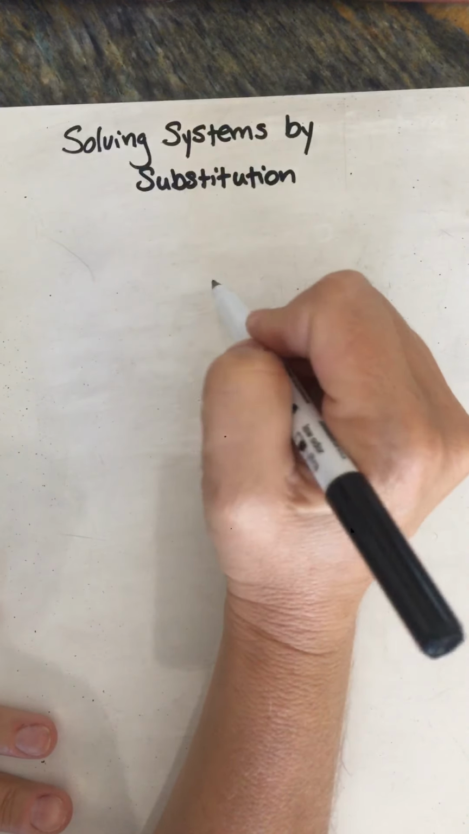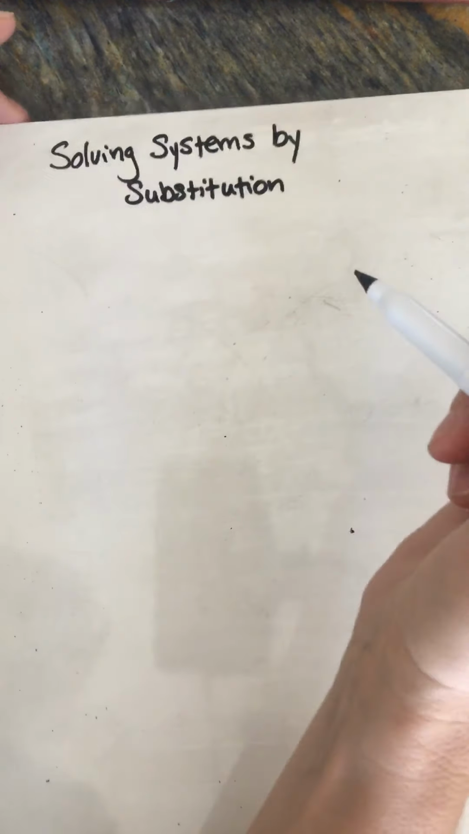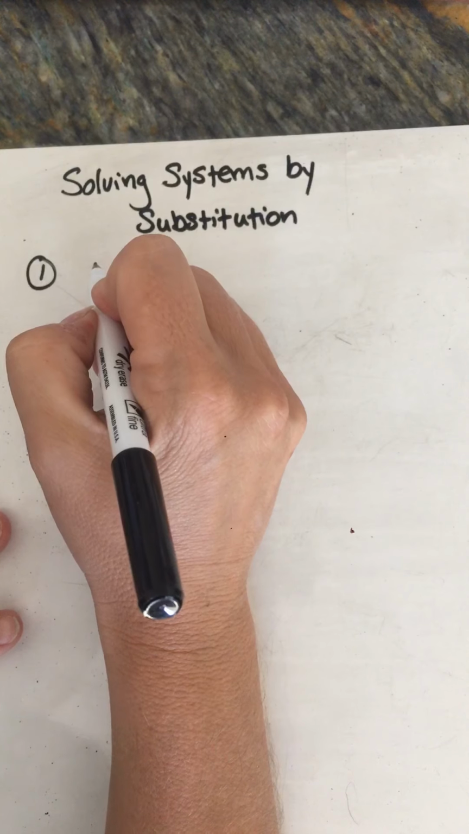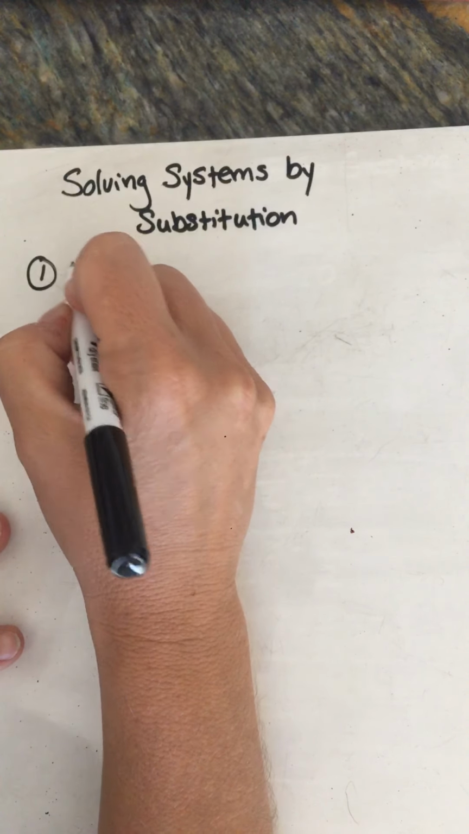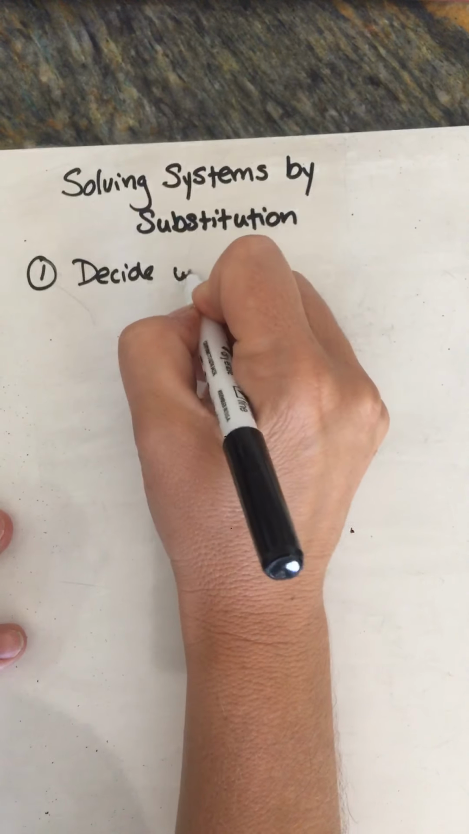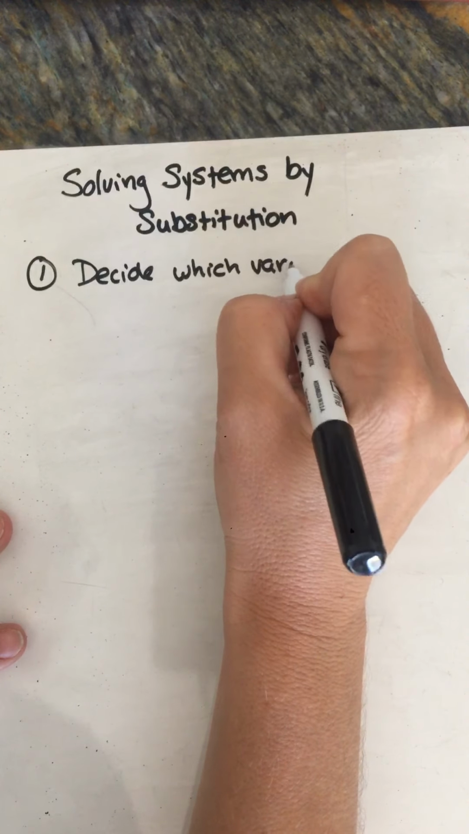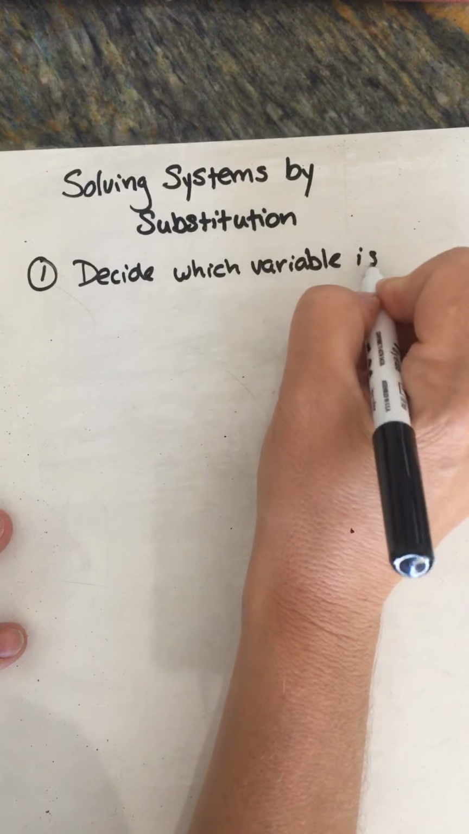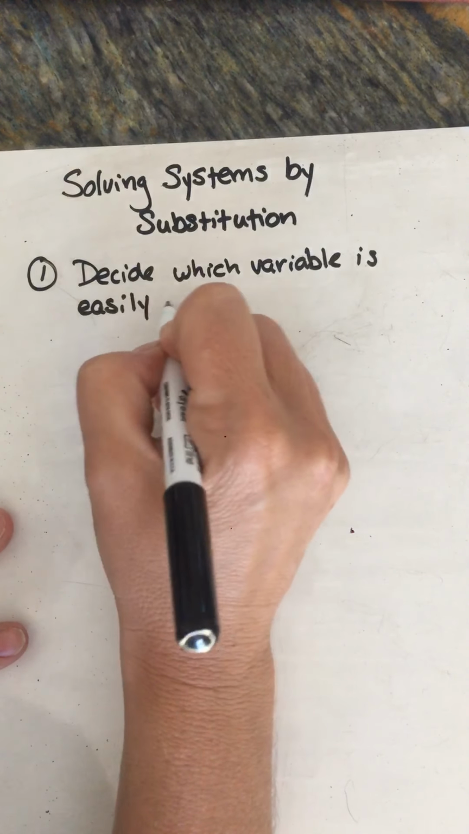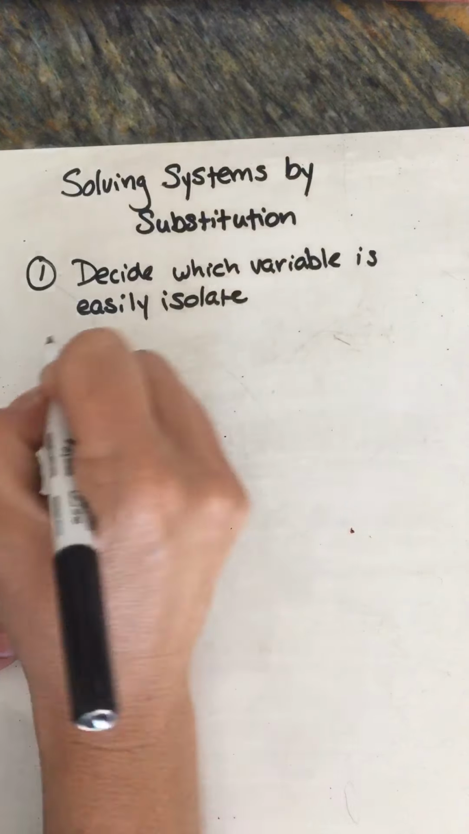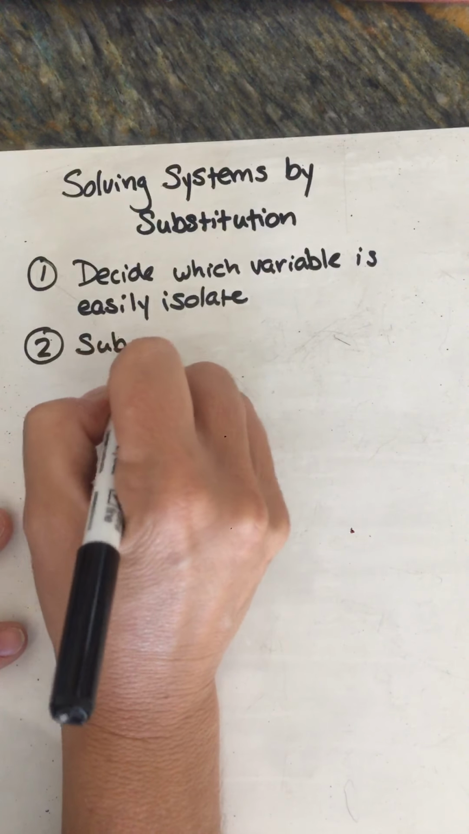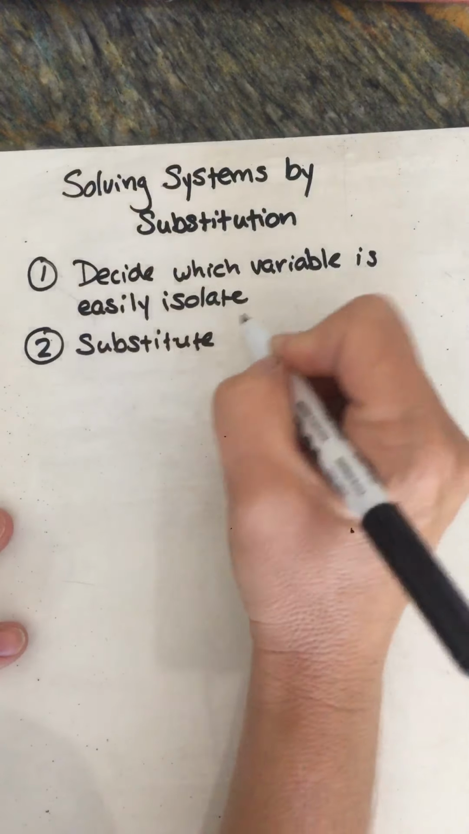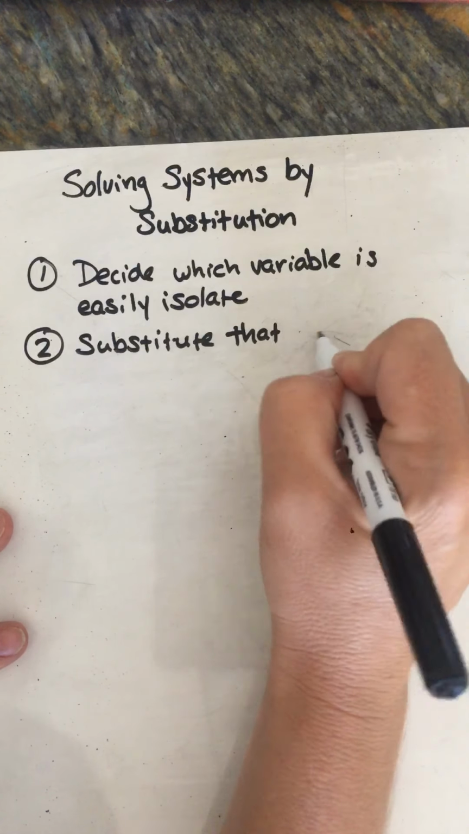Solving systems by substitution. There's a couple of steps you want to make sure you follow. You want to look at your system and find the variable that is most easily isolated. So decide which variable is easily isolated. And then you are going to substitute that variable